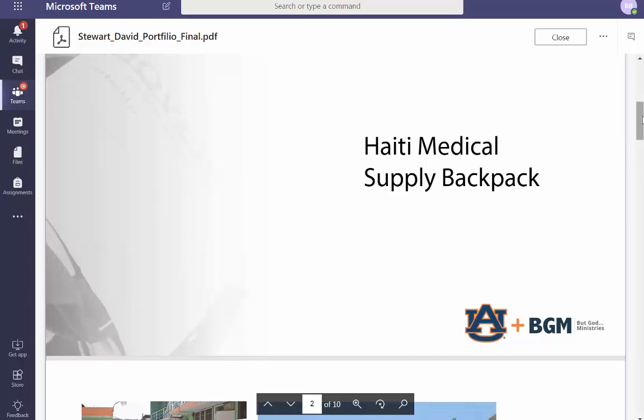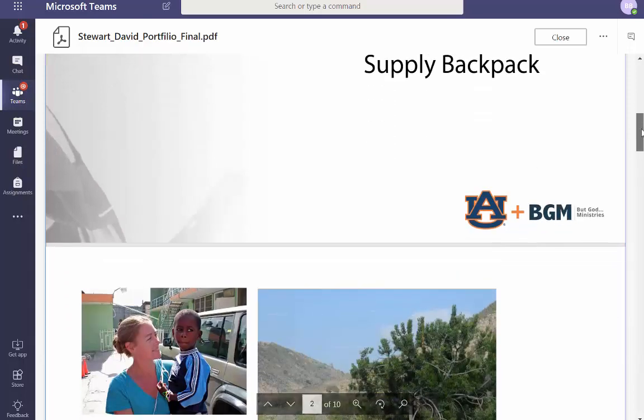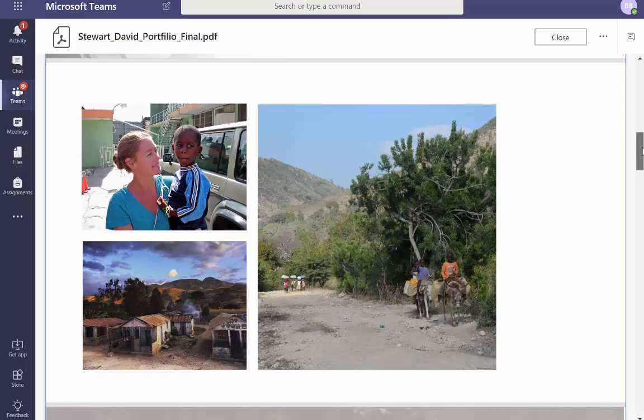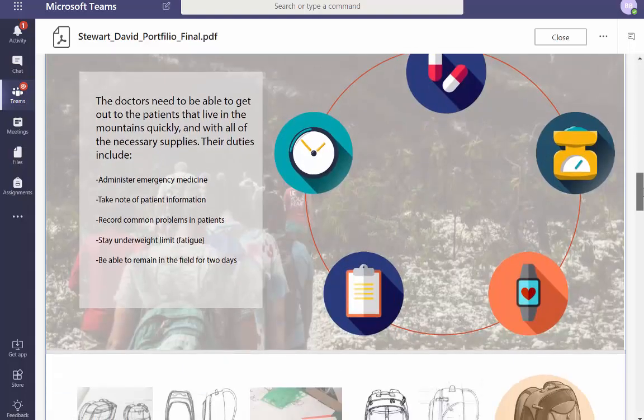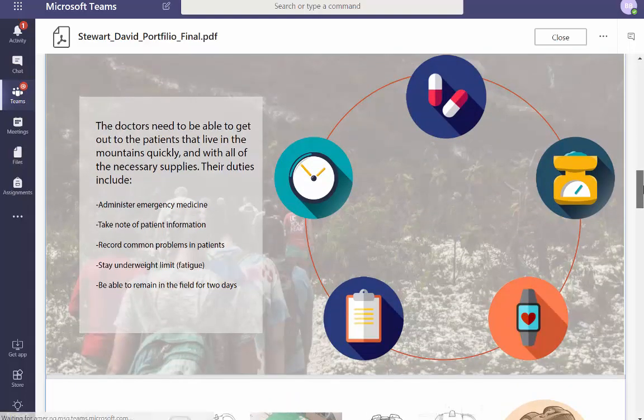Then give me the basic information. How many weeks? You already told me who you would work for. Is it a group or is it an individual project? Give me information about this. What's their goal in Haiti? Let's see if we can streamline this.